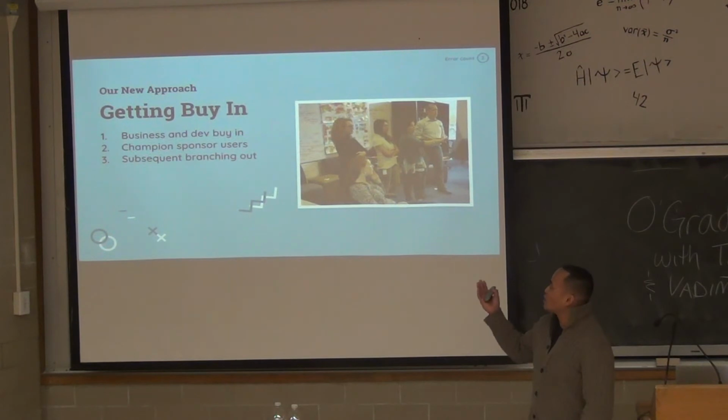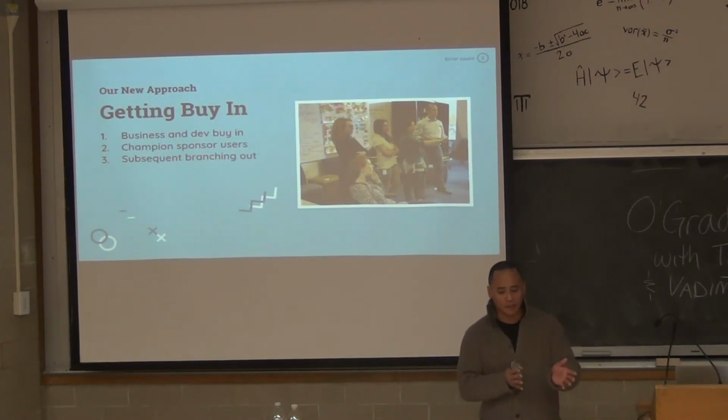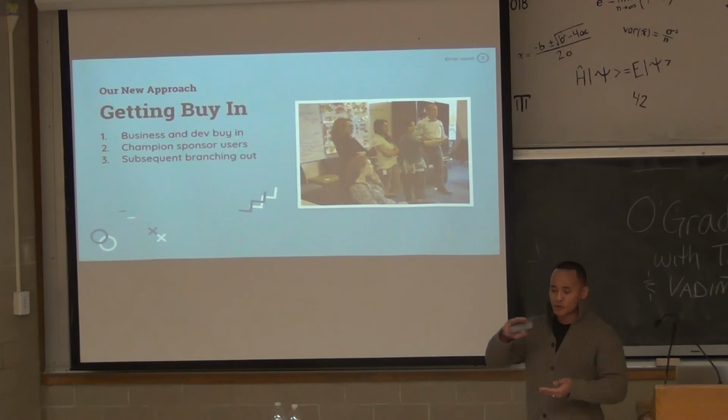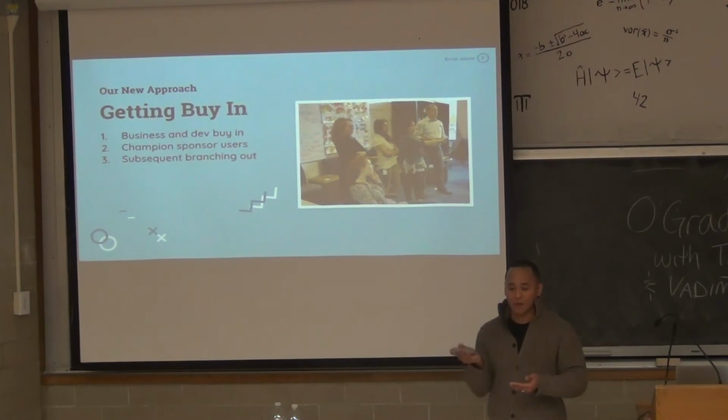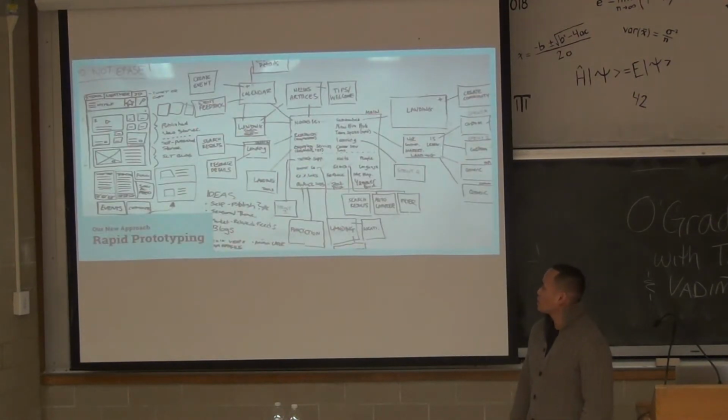And then subsequently branching out, and at this point we branched out into 2 different streams. At this, we were doing agile too, so we were doing 2 streams, 1 design and then 1 technical. Design was 1 sprint ahead, while development was 1 sprint behind. And then we did rapid prototyping.